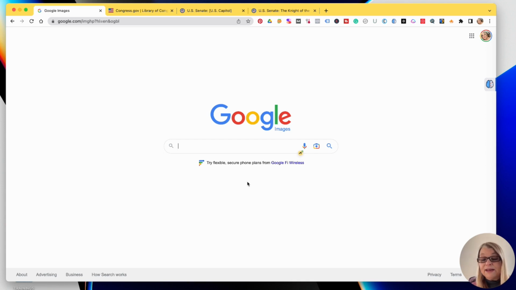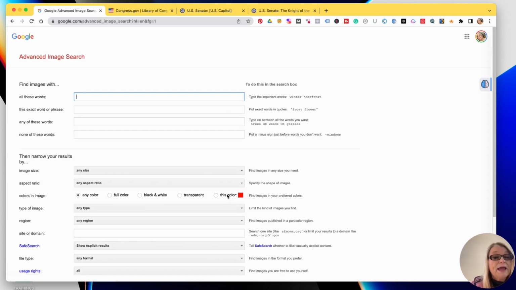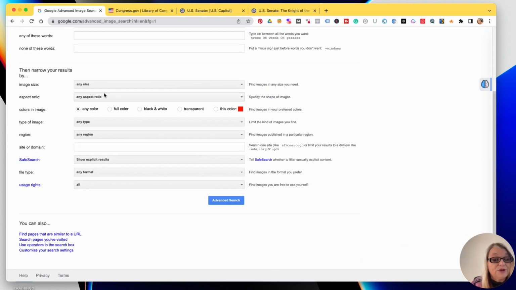Now you can't just come in here and search for an image, because it's going to take forever. You're going to find everybody else's copyrighted images, and you're not going to want to sit there and find out for every single image. So you come down here to settings, way down here at the bottom right. You're going to click on settings and then on advanced search. Now you can say what kind of image you want, but that's for you to decide.